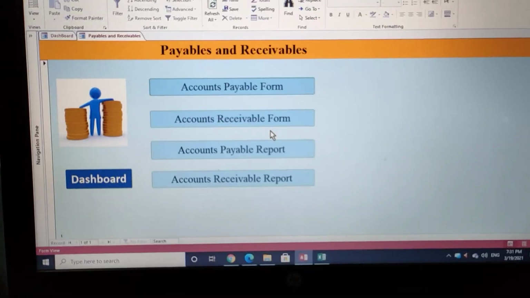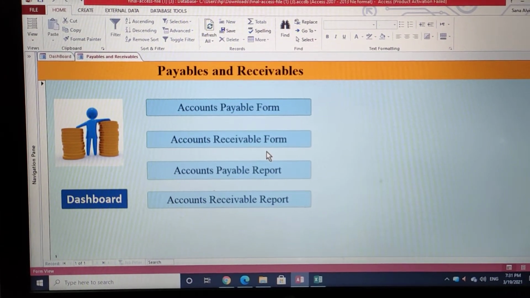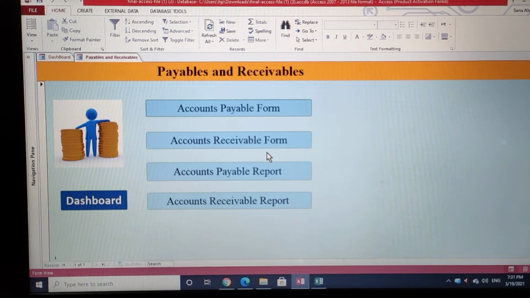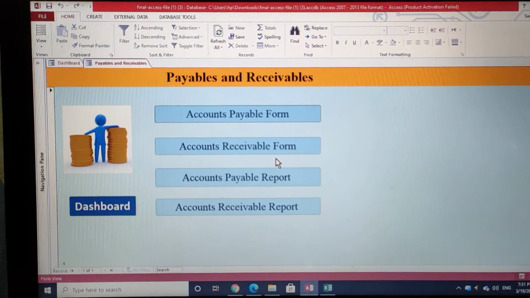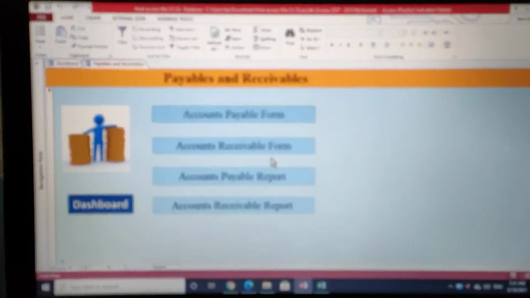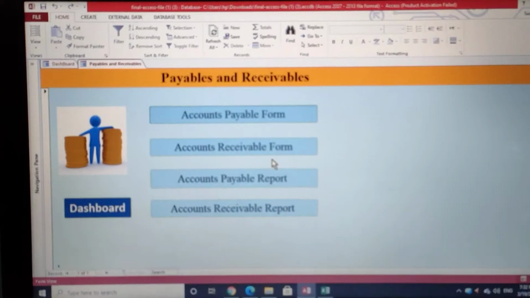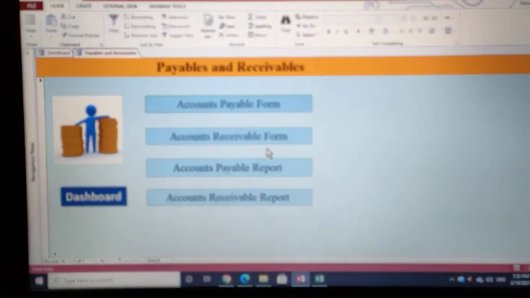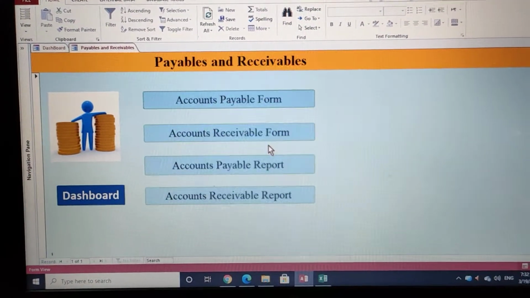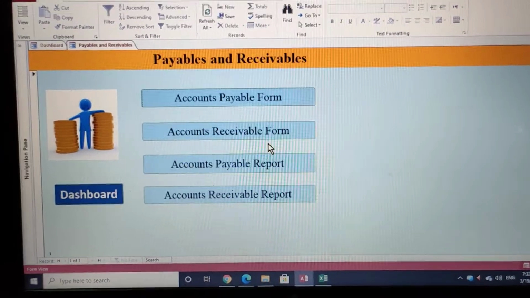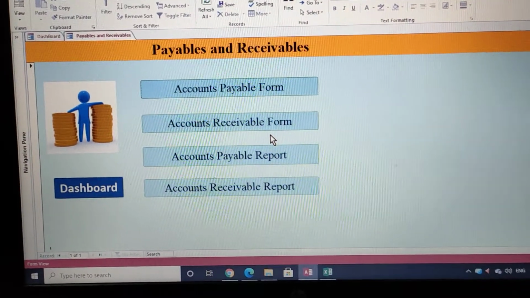For instance, if your customer has ordered around 10,000 worth of cake from you, and he or she said they'll pay you in installments, or if there is a big order, say 50,000, and they say they'll pay you in installments, and you have agreed, because this is the norm, the business operates on payables and receivables, you will definitely need to record it somewhere so that you know from whom you are going to receive payment and to whom you have to pay.